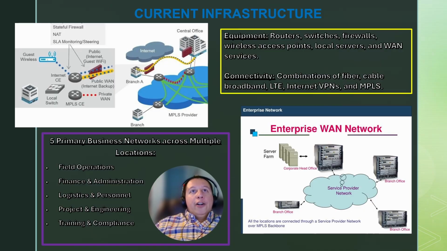Okay, so our current infrastructure, right? Our equipment: routers, as I mentioned, switches, firewalls, wireless access points, local servers, and wide area network services. Connectivity: we have a combination of fiber, cable, broadband, long-term evolution, which is kind of cellular service like our mobile devices and our laptops. We have internet VPNs, virtual private networks, secured data that's traversing over the internet that's encrypted,